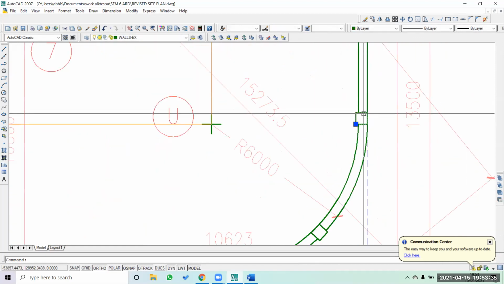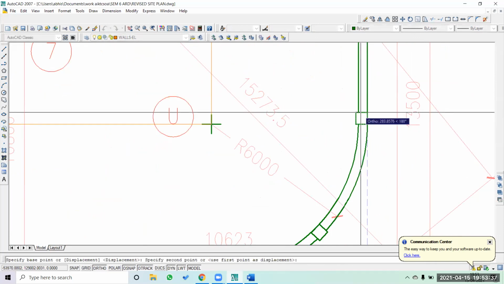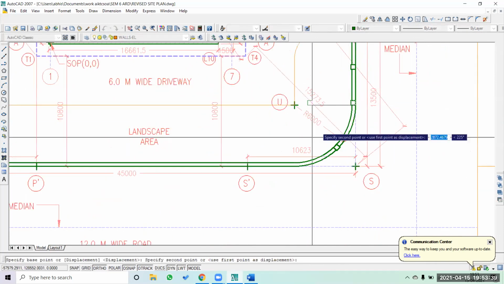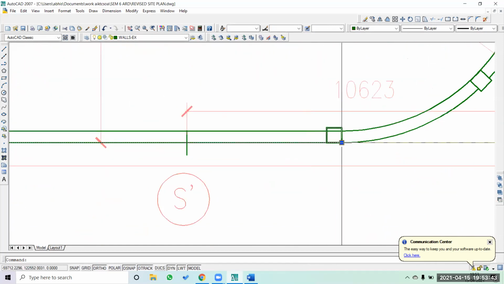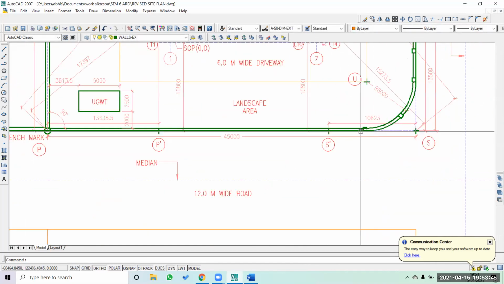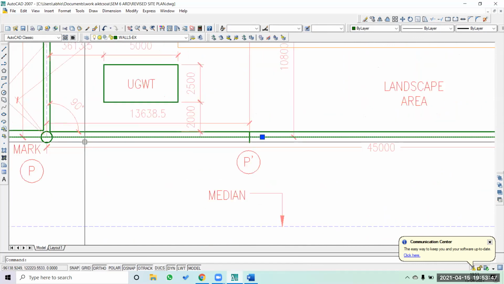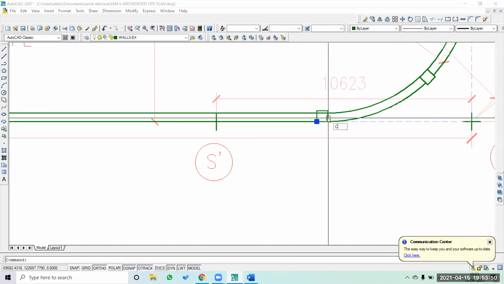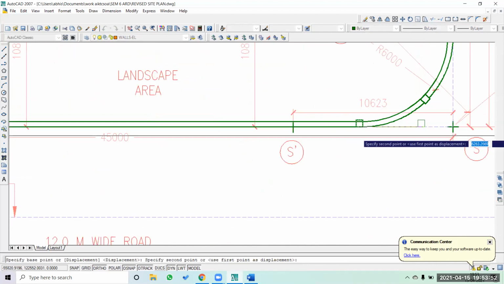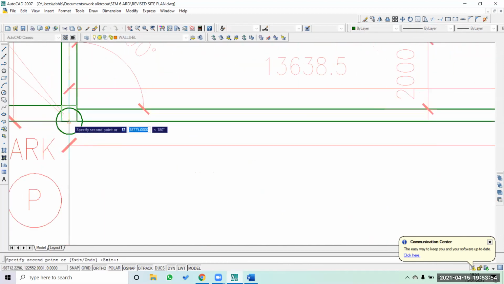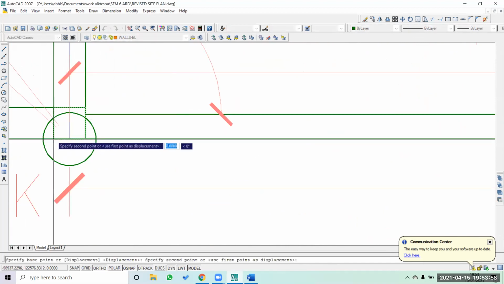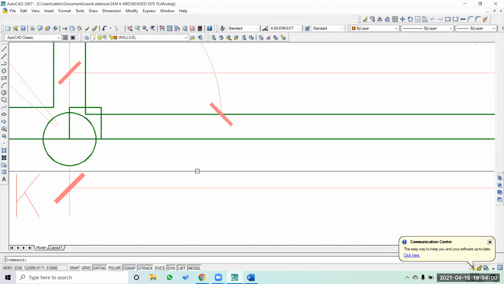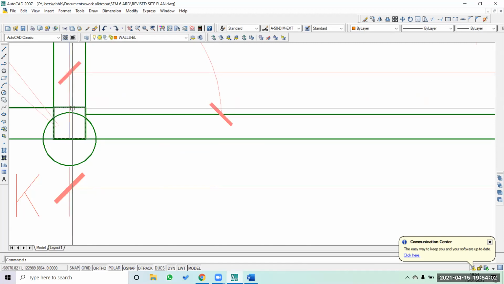And now similarly, you can mark the next column. When you are taking up this particular column, make sure that the column goes till here. I'm not putting the column like this, because the compound wall will be shared here, so I'm going to put the piers here.